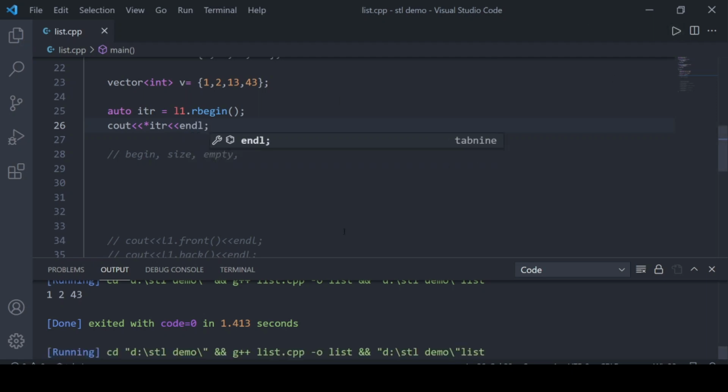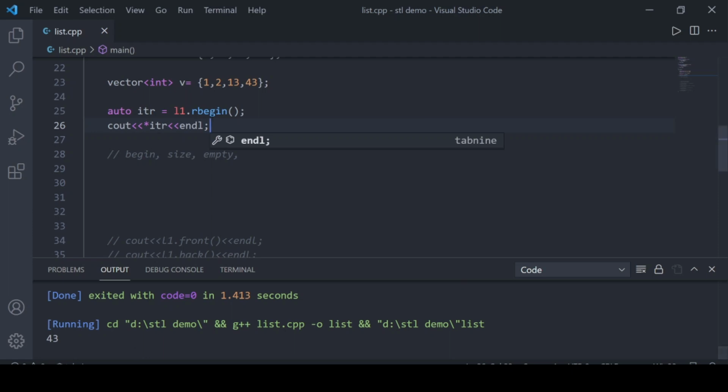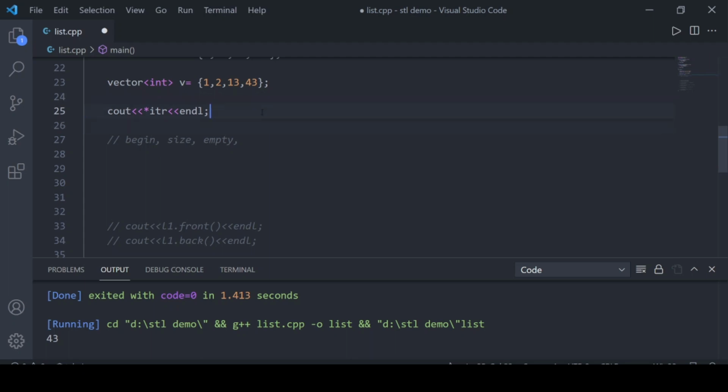So now it should print 43. Yeah, 43 is printed. That means if begin means the first, reverse begin means the iterator is at the last position. Reverse begin and reverse end are also the same as in vector.